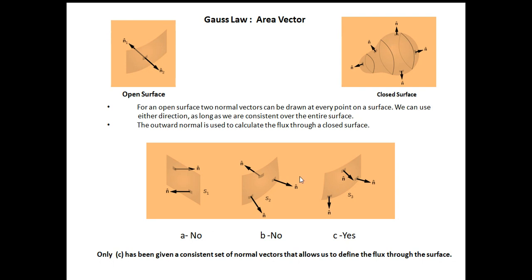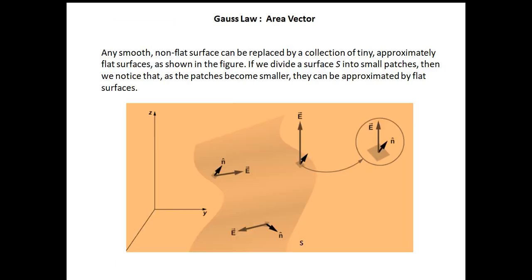So just look at these three cases. This is the open surface S1, area vector can be here, area vector can be here. Here, so this is not allowed. Either it should be here or it should be here. Here again the two area vectors are pointing out and this one is inside, opposite direction. So again this is not allowed. Whereas in this one, all three are in the same direction. So this case is allowed. So this is what you have to remember when you solve the problems. Look at this, remember this, remember this. These pictures I've taken from this website and the due credit is given to them.